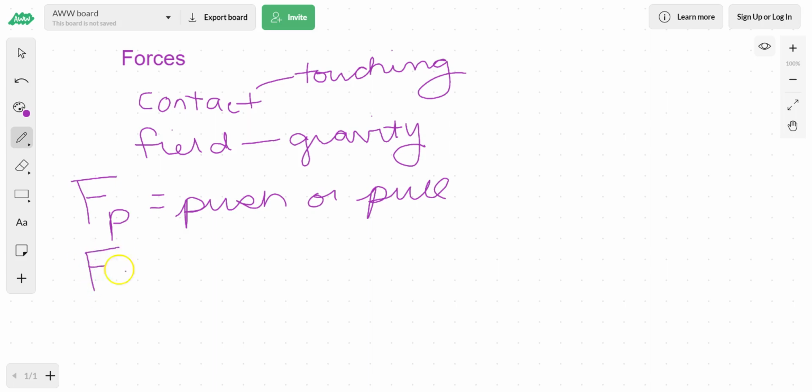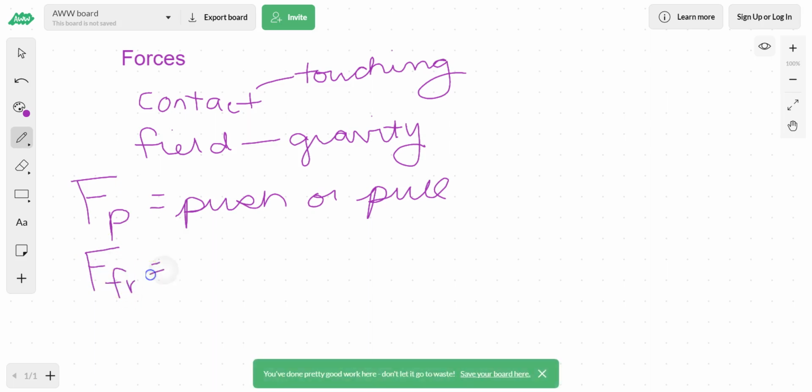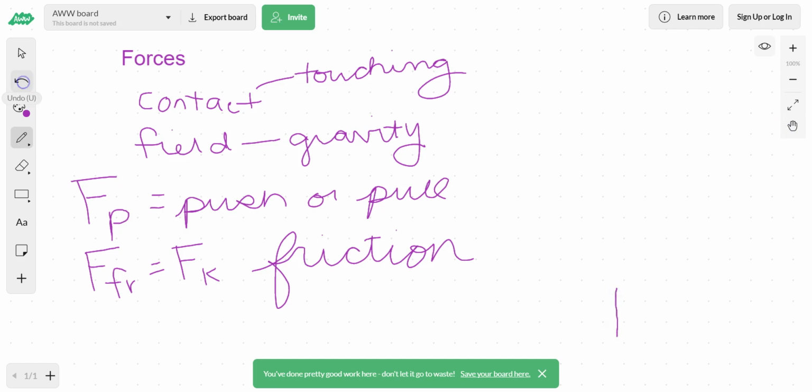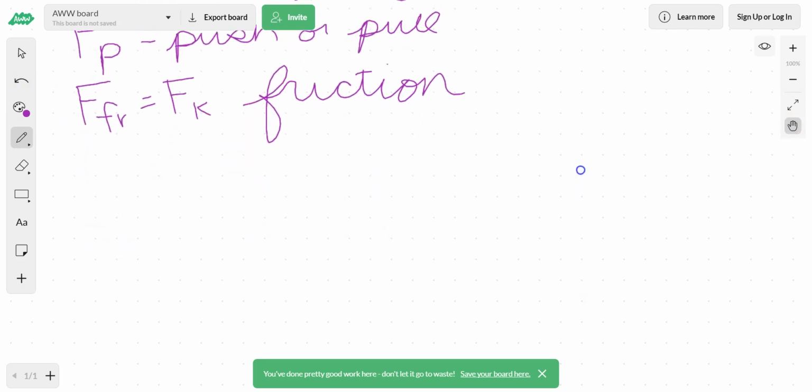We then have force of friction, which is sometimes written as Fk. And Fk just stands for force kinetic. And the force of friction is basically how rough a surface is. That's essentially what friction means, that there is a certain type of roughness present on the surface. So force of friction is roughness. Okay? So there's force of friction, force of push or pull, and then we have force of gravity,